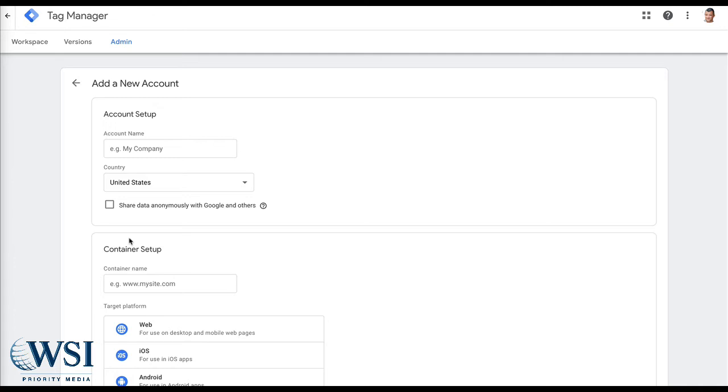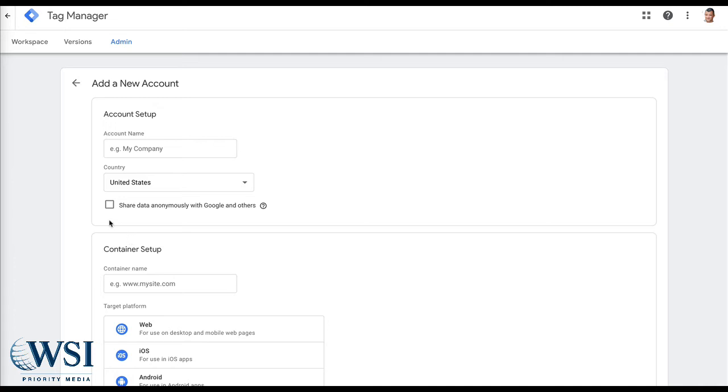The beauty of Tag Manager is that we create a container. We put that JavaScript code onto the site, and it stays there, and we can literally add all kinds of different tags. You can use your Facebook pixel, you can manage it there. If you're doing call tracking, you can put that. You can use Universal Analytics. The list is endless of how you want to be able to track consumer behavior when they come to your website, who's buying, who's not buying, and how to be able to get back to them.